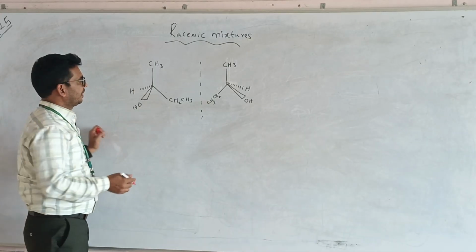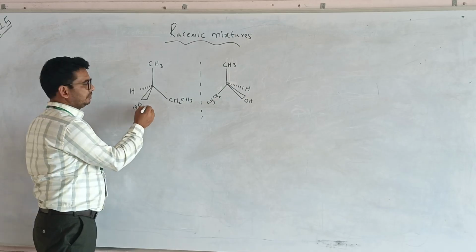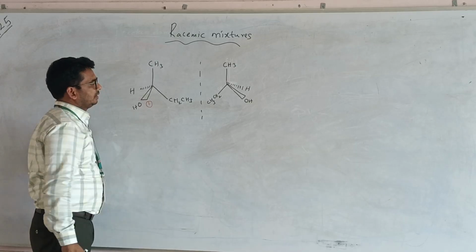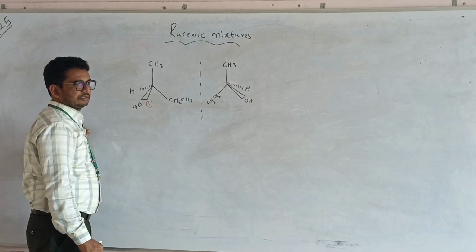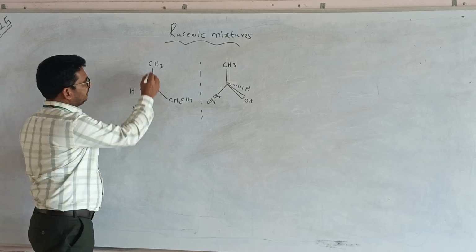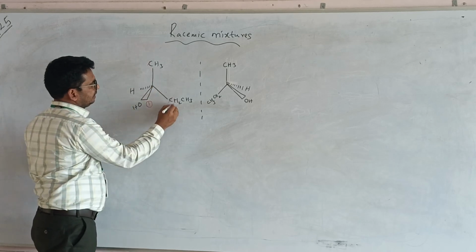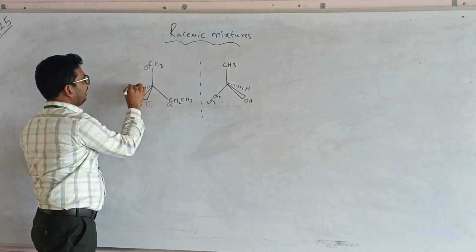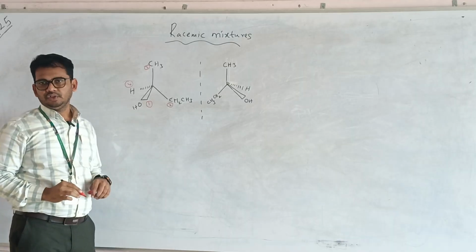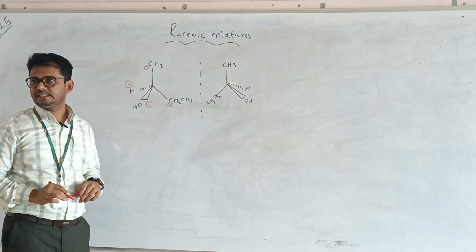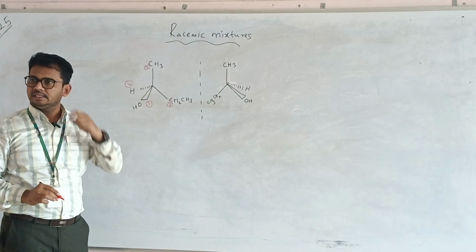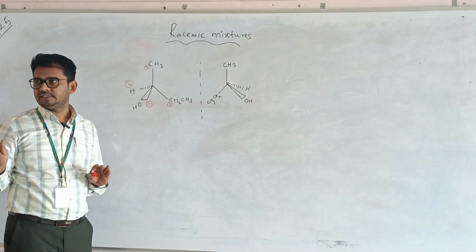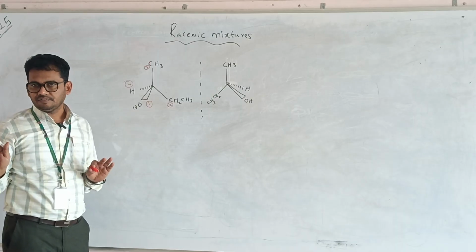Just see this one. Which one has the higher atomic number? That is 1. Then next, methyl. Which one? Because this carbon cancels, that's why one more carbon is there. This is 2, this is 3, this is 4. Then we know that hydrogen when present on the dotted line keeps the same configuration. We are not going to change any configuration.